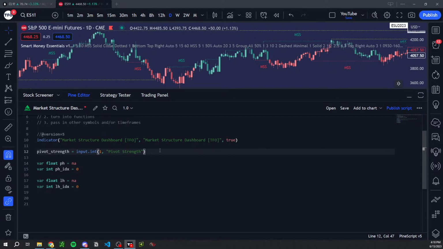Shouldn't need much more than that. And then what we need to do. So to determine if something is a pivot high, we don't need to store these in an array since we just need the last one. So if I'm just doing this on the current chart,